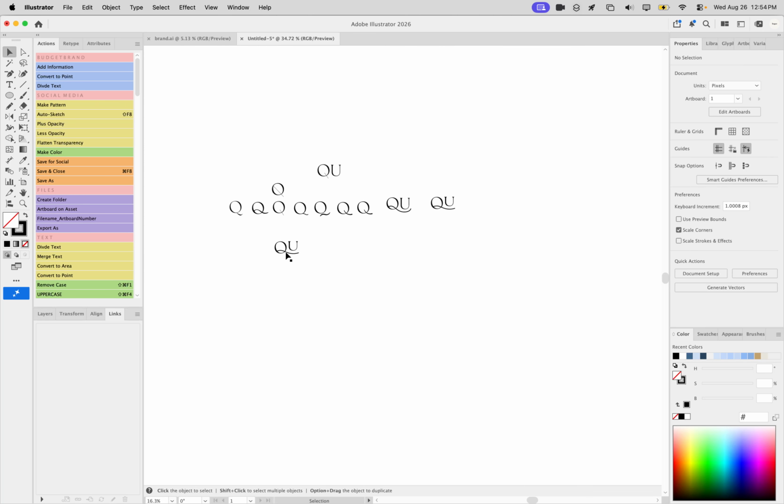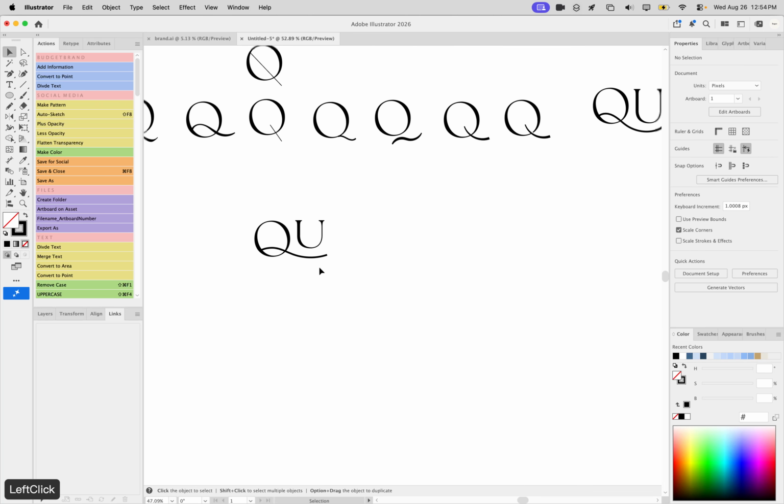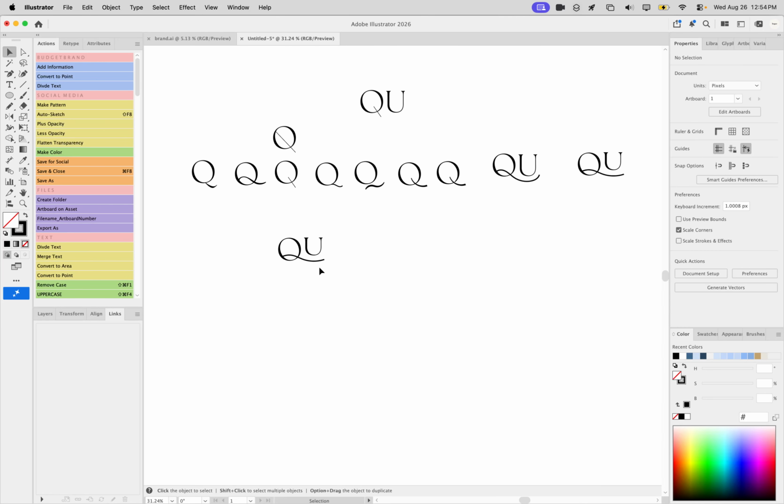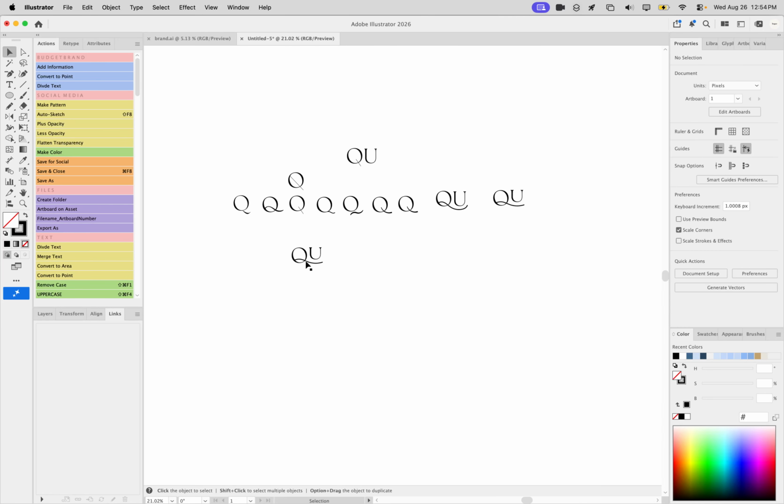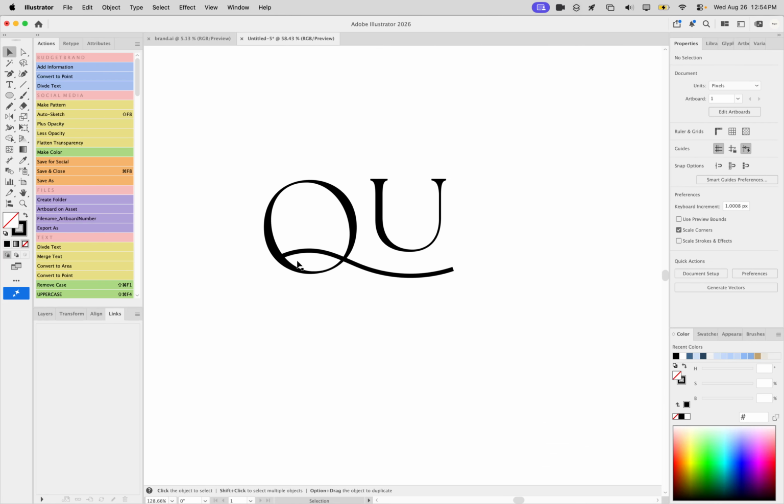So yeah, if you have a Q in something that you're working on and you just need a little extra interest, I would definitely recommend thinking about what you can do with the letter Q first before you're even thinking about other letters. Another thing that I will just recommend with the letter Q is go look at our episode